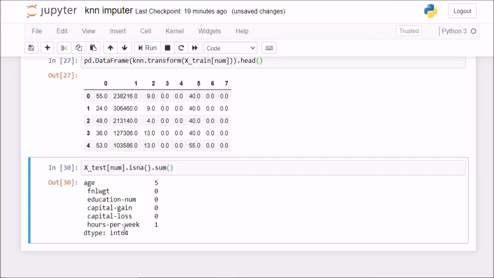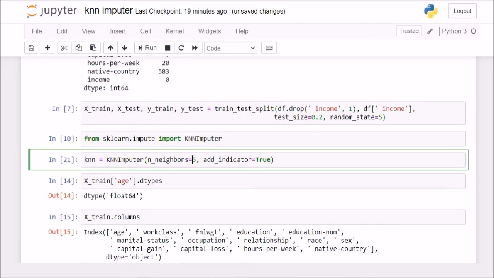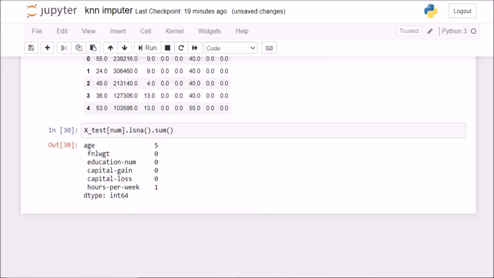Now if I show you this hours per week missing value in this x test, what do you think will it be filled in with? When it checks the 5 nearest neighbors, as I mentioned here, will it look for the 5 nearest neighbors in the test set itself, or will it take that missing value row to the training data and then check for the 5 nearest neighbors? Indeed, it will go to the training set and look for the 5 nearest neighbors in the training set.